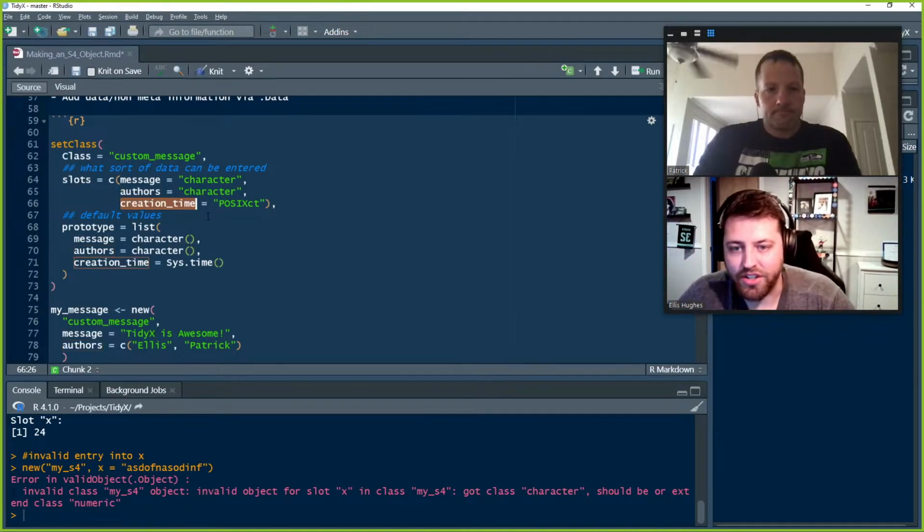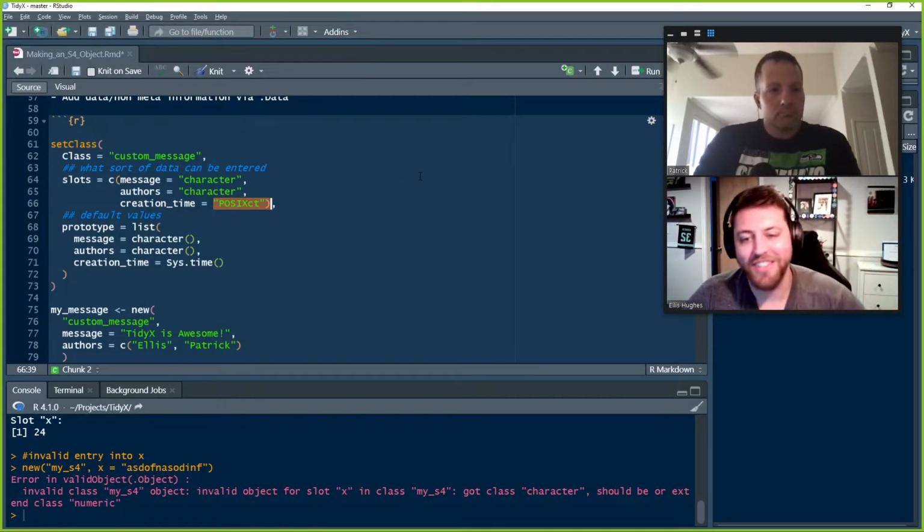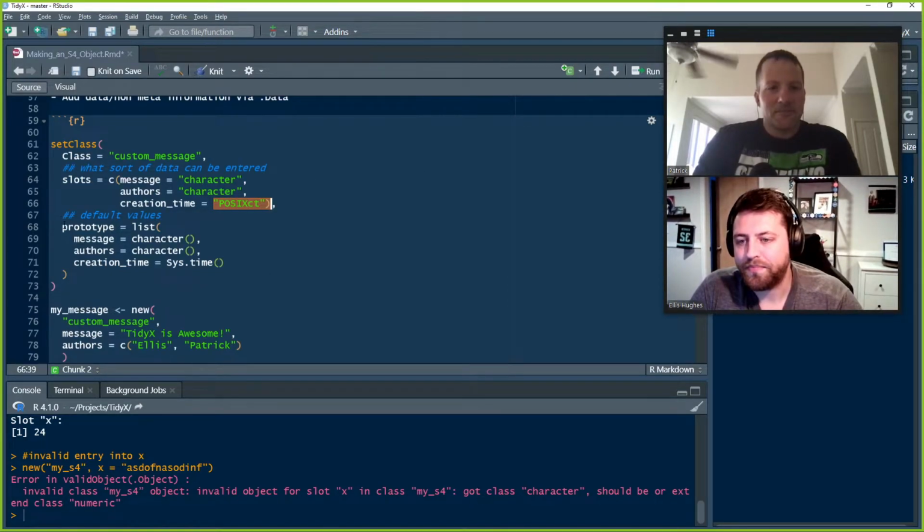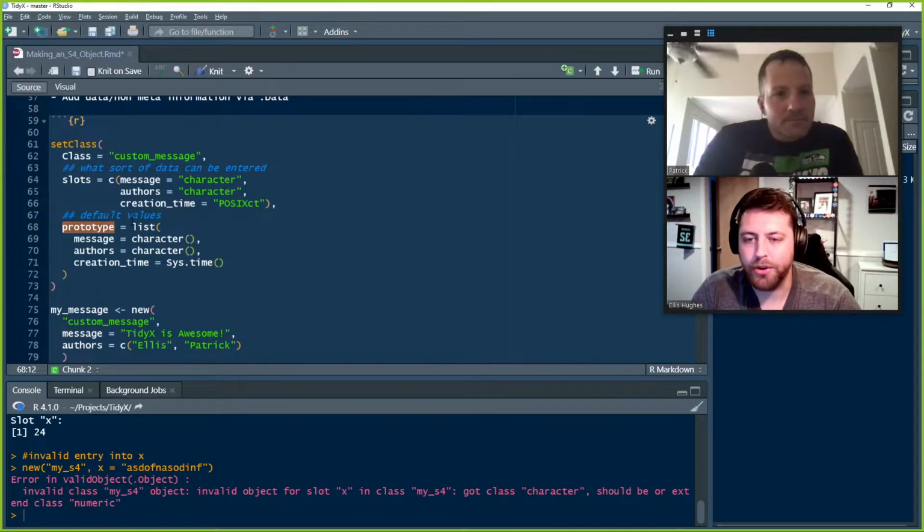And then creation time, and this is a POSIXct, so that is a date object. So we talked a little bit about these in episode 108, so it's all full circle. 108? I think it was 108. Yeah. And so then we create our prototype, so this is defining what values should be going